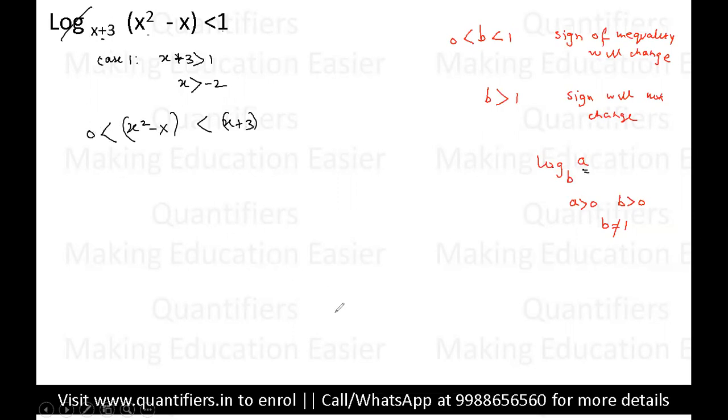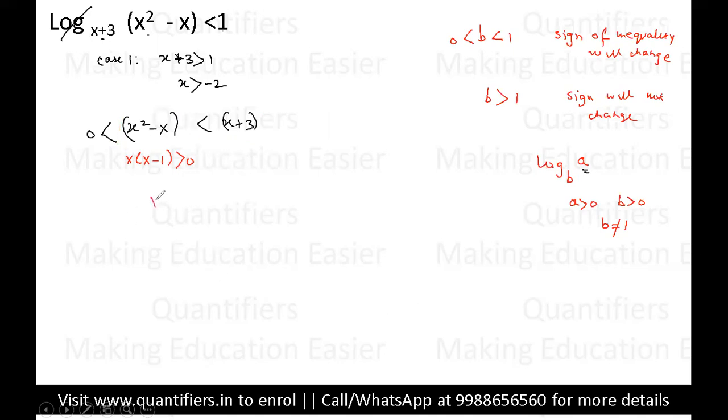So students, now let us solve it further. First, I'll solve this part only, right? I'm solving only the first part. Now from here, what I will get? I'll get x into x minus 1, right? This is greater than 0. And now students, I'm solving the other part. I'm solving this part, okay?